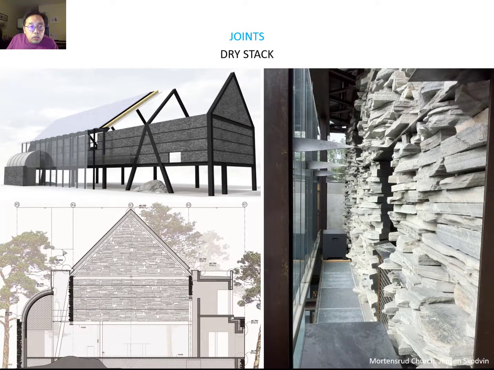Also, you can easily see the double skin system from this diagram. They're using the stone stacking method, and then from the metal panel, the metal structure, and then the outer layer, they're using this grading system. This metal frame is the support, with this dry stack stone, but on the outer layer, they're using this grading system to make the exterior grading system. So you can see it better from the